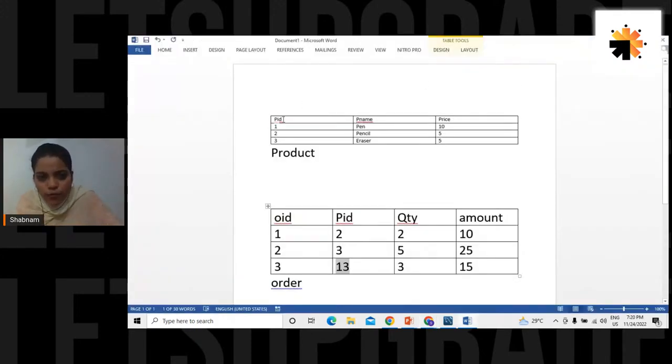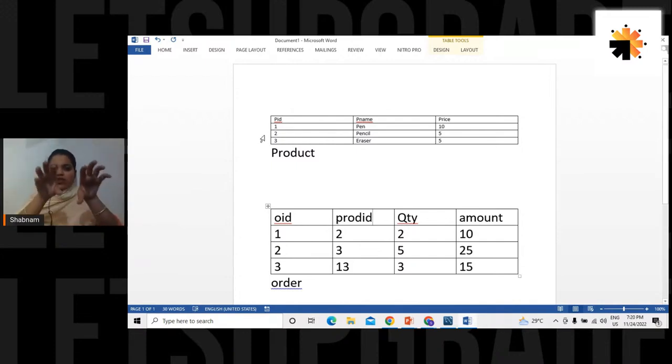So that means we have to link. Now look up. This is another important point. We have to link the product ID column of the product table with the product ID column of the order table. The column names can be different, but the data should be the same. So instead of that, I can write PROD ID, that is product ID. You just write ID. Is it right?